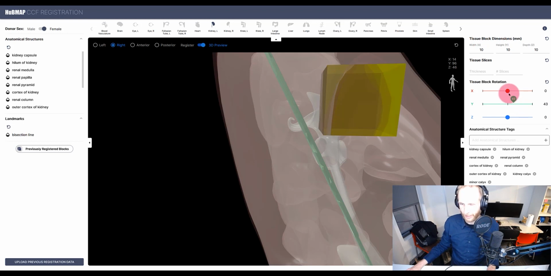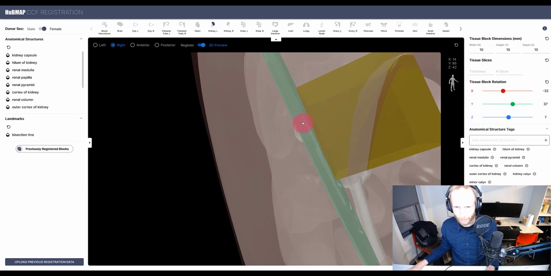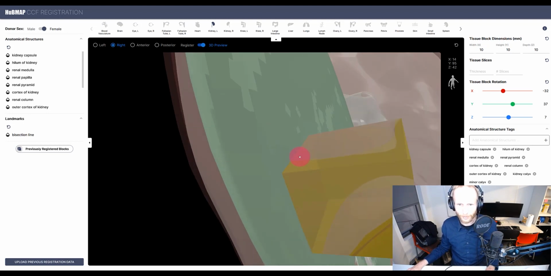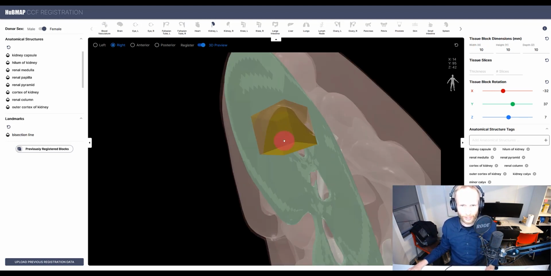Looks about right. And now let's rotate around the x-axis. Here we go. It's always a little bit of a trial, but there we go. And now we can use our keyboard again to move the block farther towards the bisection line. I'm using the E key and then the S key to really get a nice and proper alignment without having to use my mouse. Beautiful. All right, now we are aligned. We are just on there on the bisection line.